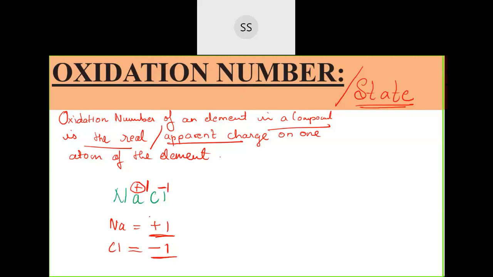How many electrons they have lost and how many electrons they have gained, that itself is the oxidation number, okay? It can be real, or sometimes when they are bonded, that time they get that charge. So that can also be a case. So that is oxidation number. When it is a simple compound and if you know the structure, you can calculate the oxidation number easily.